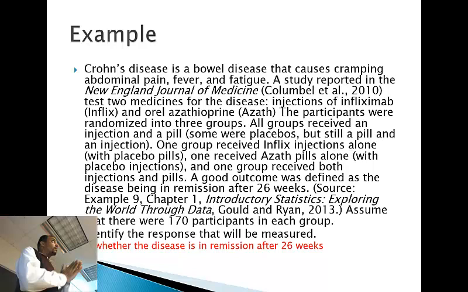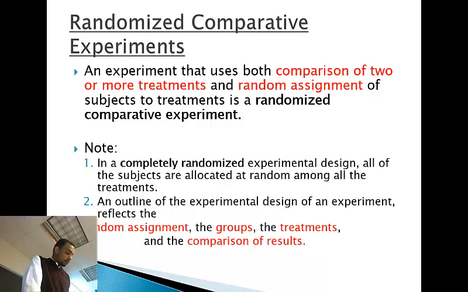Okay, so let's see here. Yeah, we'll talk about this a little bit here. So this kind of topic here is important to me for Monday's purposes. Okay, it's kind of like the essence of chapter 9. So you have your computer, you want to circle, highlight, whatever you want to do. All right? So this is the general structure of chapter 9 for randomized comparative experiments,